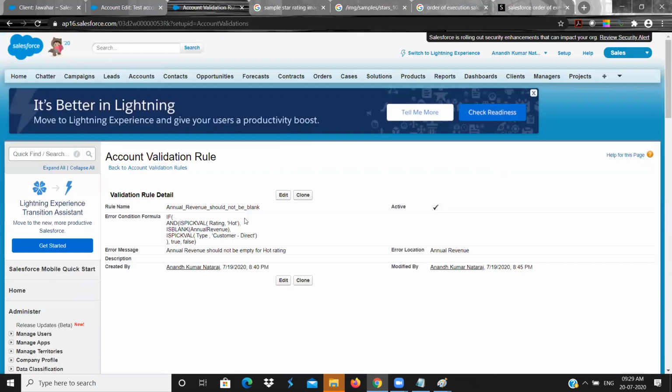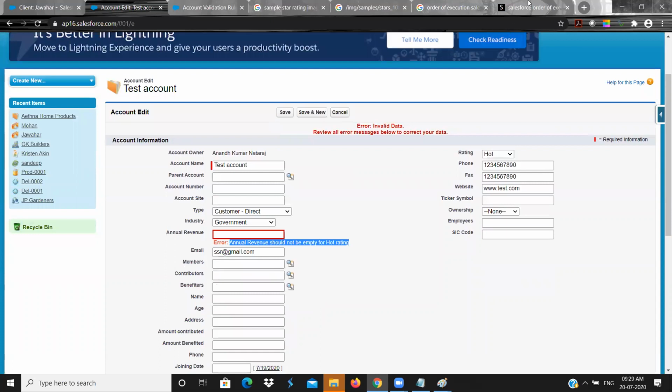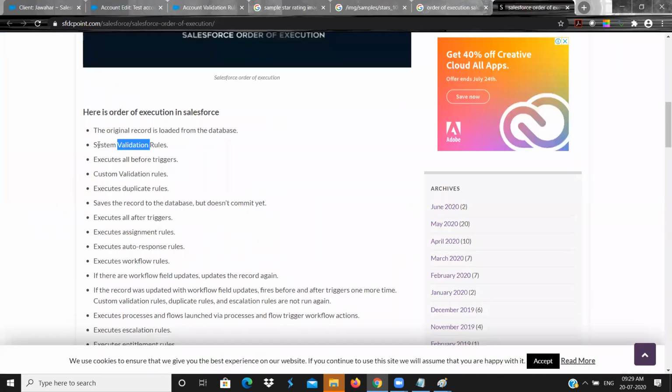This is called custom validation. Custom validation means user created validation. So this one is executing. Now the system validation part is done. We don't have a before trigger, so we don't have any triggers to execute. Then custom validation is happening.